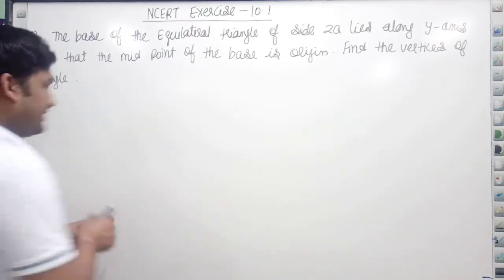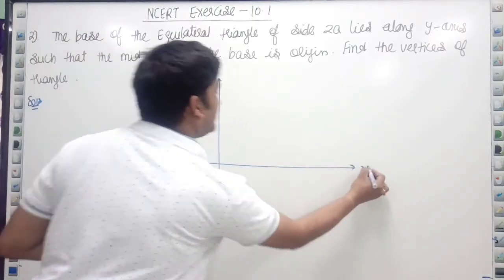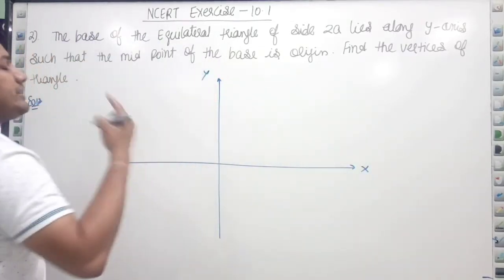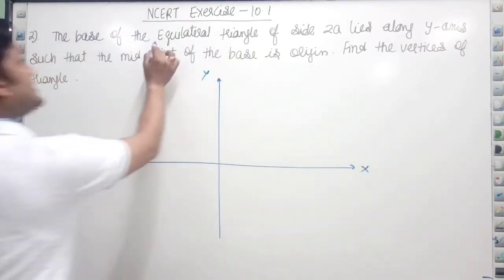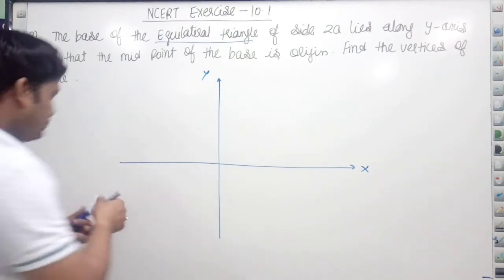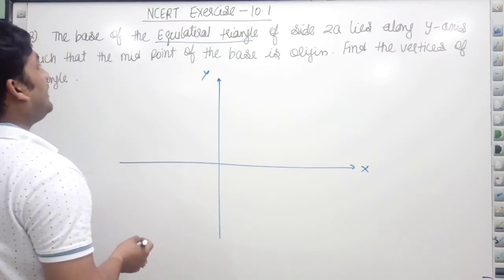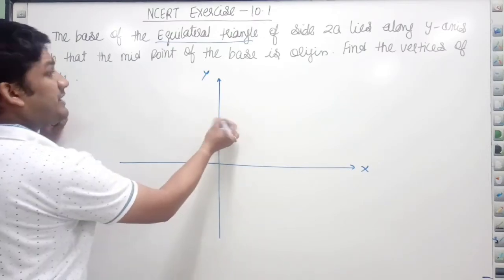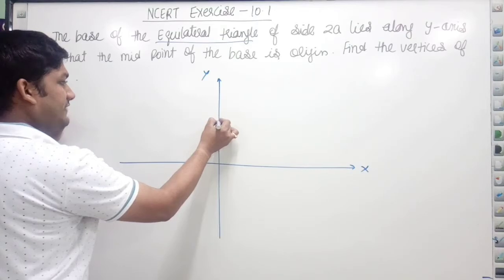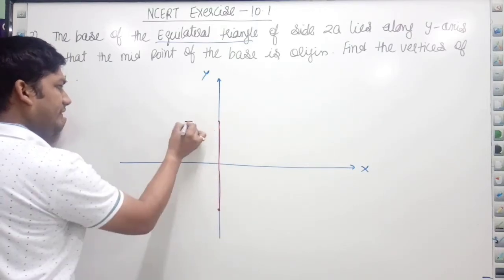देखो भाई ध्यान से समझना, जहाँ पे हमारे पास x axis y axis दोनों हैं. अब जो इक्विलेटरल ट्रायंगल क्या होता है? What is an equilateral triangle? Whose all sides are equal. अब इसका जो बेस है, base of the equilateral triangle is along y-axis and midpoint is at the origin. Means if I draw the base of side 2a,